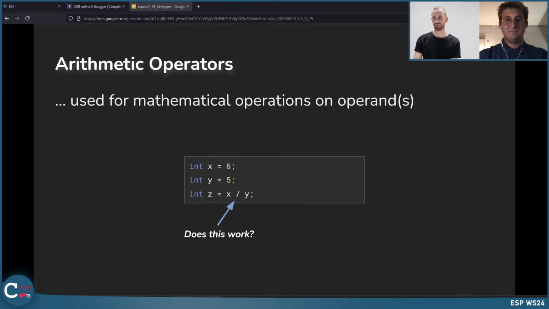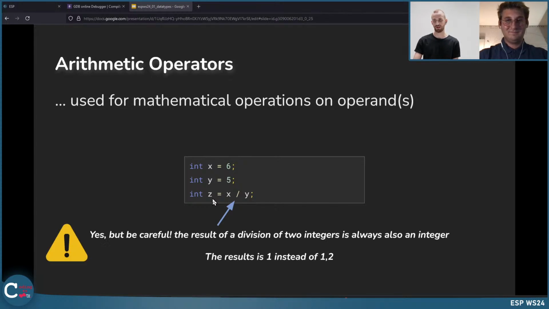When x is 6 and y is 5, you want to divide 6 by 5, which is 1.2 if I recall correctly, but the result of this division would be 1, because you are dividing two integers. x is an integer because you declared it as an integer, and y is also an integer, so the result is always an integer.